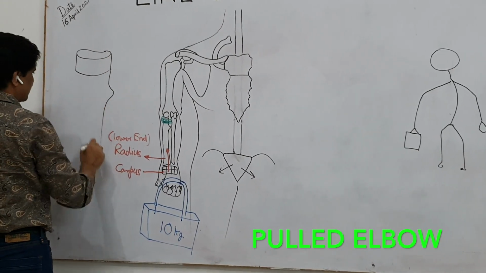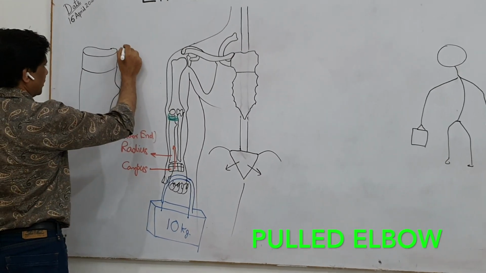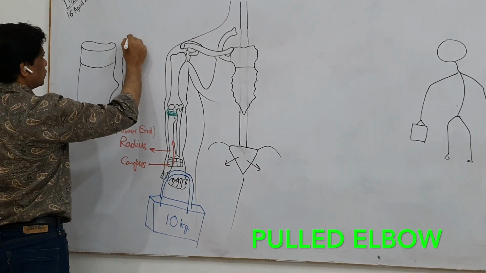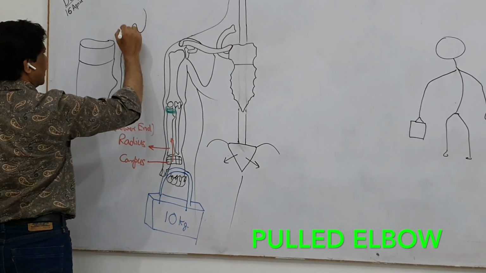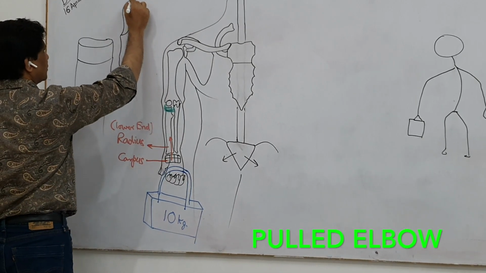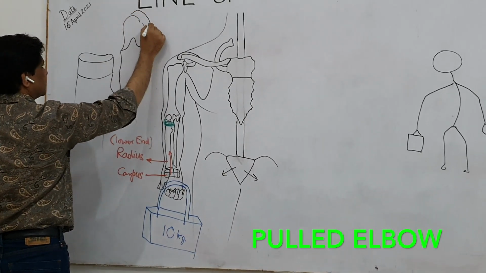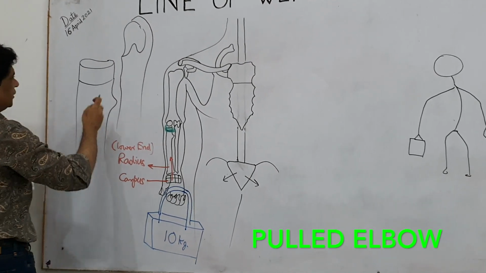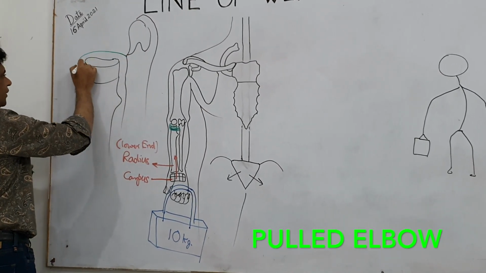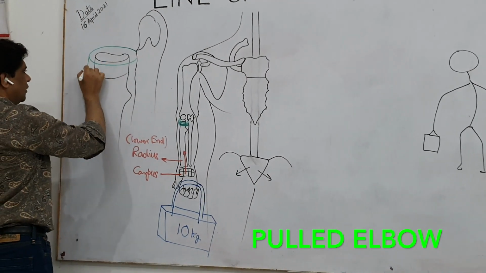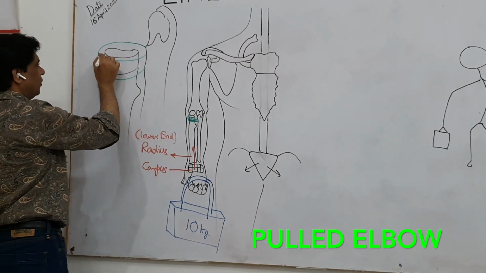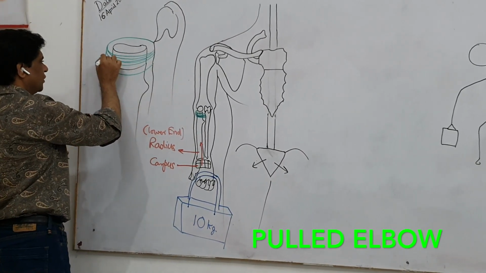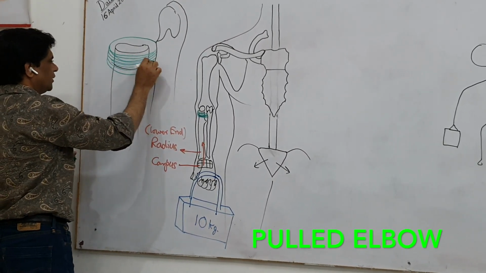So in early childhood, what I'm talking about is the head of radius, right? And this is the tubercle, and here you have the ulna, right? So ulna superiorly has this coronoid process, and then you have this olecranon process, right? This is the ulna. So this ring here, which encircles the head of radius like this,